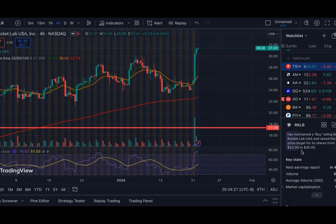What's the market cap of this? 15.63 billion. That's crazy, because I'm pretty sure this was at like 5 or 10 billion a week ago, which is very crazy. Either way,